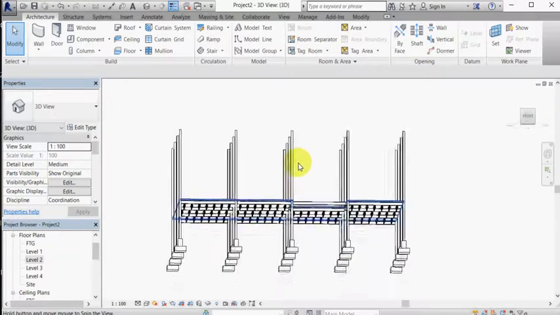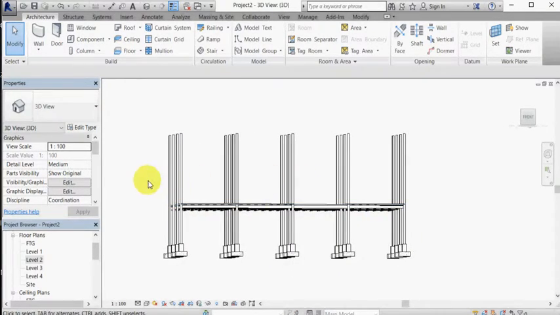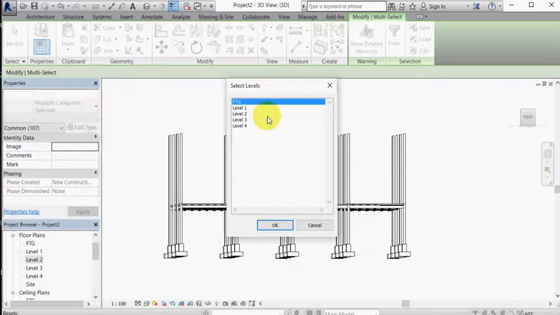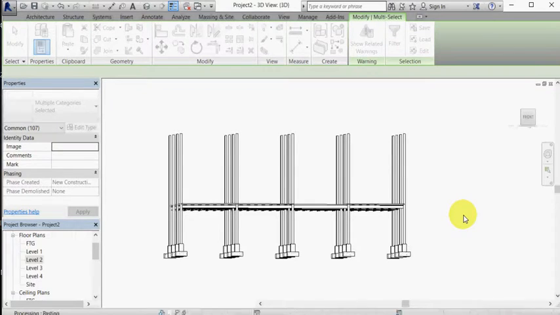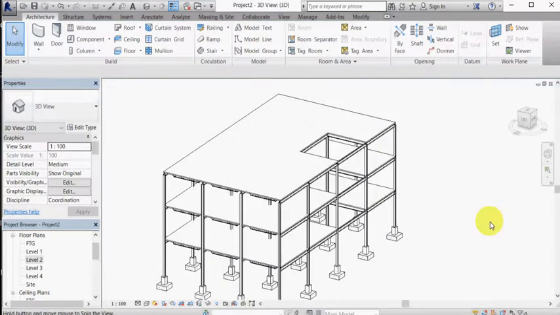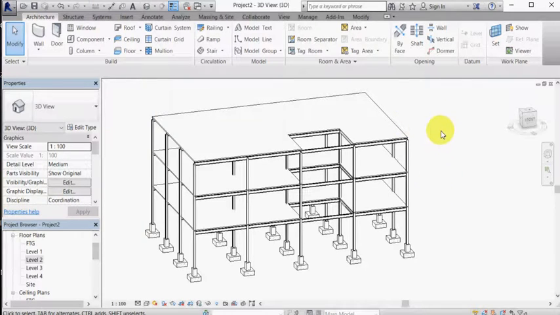If this is already done, here is probably your best bet. Select the entire framing system, copy to clipboard, paste aligned to selected levels. So we have to put it on level 3 and level 4. Now, don't forget that this here should not be floor but roof, and also